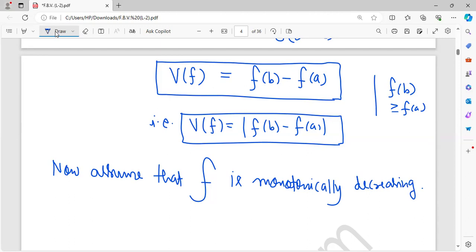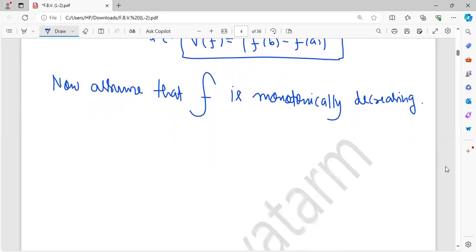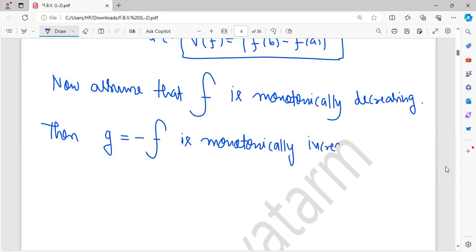If F is monotonically decreasing, then G equal to minus F is monotonically increasing. In this case, following the same proof